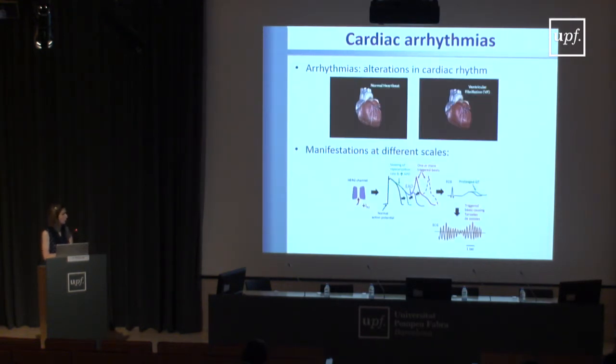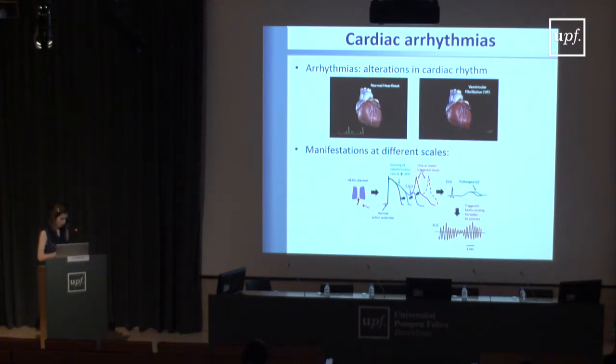In this regard, well, I'm sure you know what arrhythmias are. They are defined as alterations in the cardiac rhythm. And you see here, on the left, a heart in sinus rhythm, which means it is beating normally, and so it can efficiently pump blood to the rest of the body. While on the right, you see an arrhythmia, a very dangerous arrhythmia, which is ventricular fibrillation, in which the ventricles quiver and do not allow the efficient pumping of the blood to the rest of the body. And eventually this, if it is not stopped, would lead to sudden cardiac death of the person in a question of minutes.